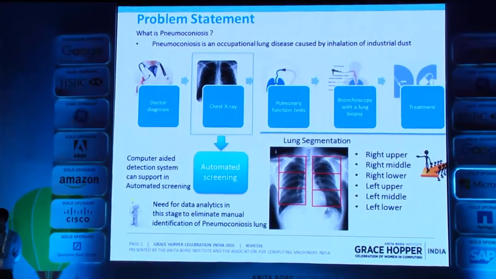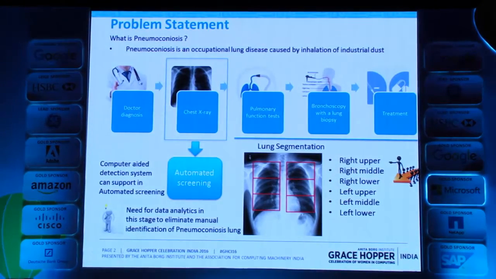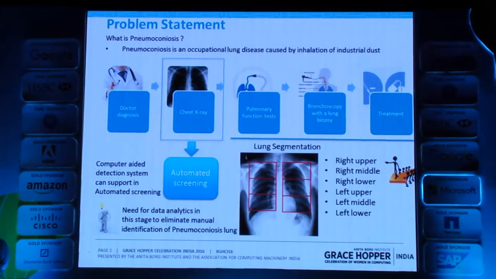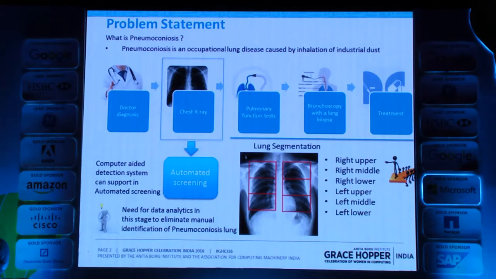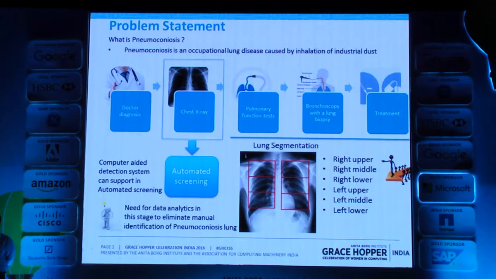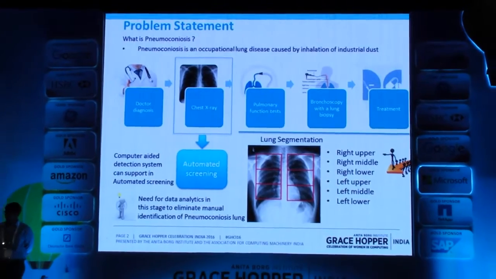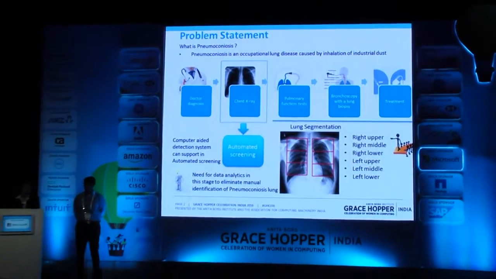occur for a patient. In general, the hospital workflow for a pneumoconiosis patient has 5 major steps. Initially, when there are some basic symptoms, a person can go to the hospital, and based on the initial doctor diagnosis, if he is considered positive, then the doctor may recommend a chest X-ray. It may be a one-shot X-ray, or the doctor may recommend him to attend a CT scan. Once they get those chest images, the radiologist and the doctor go through them in detail, and then